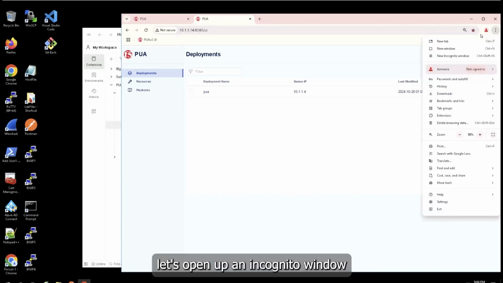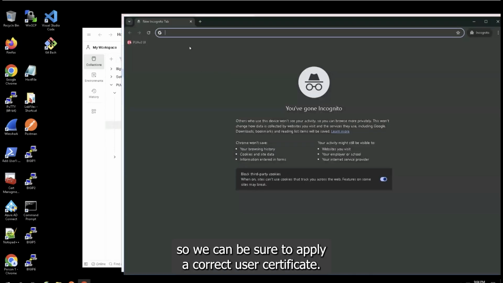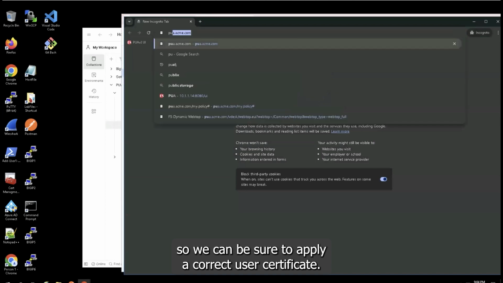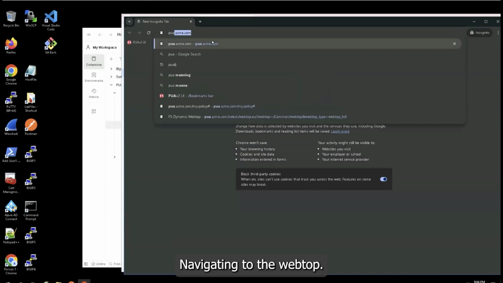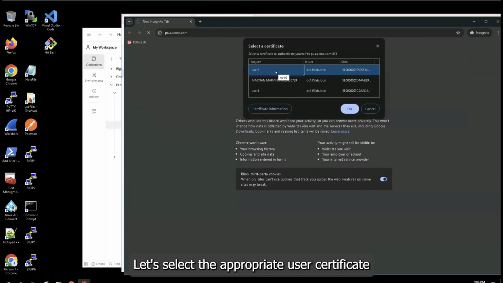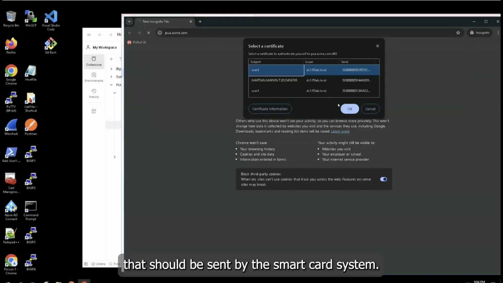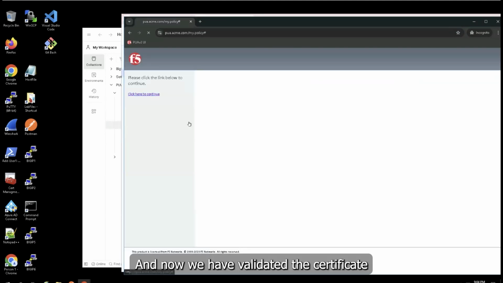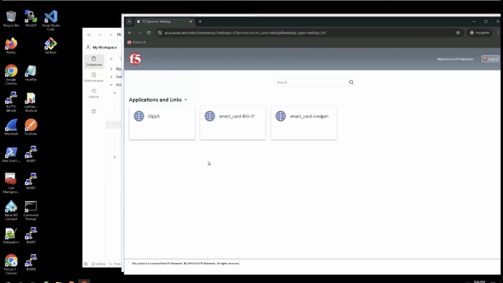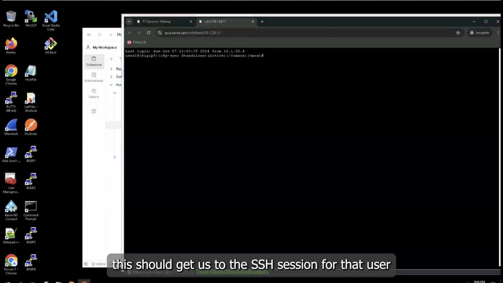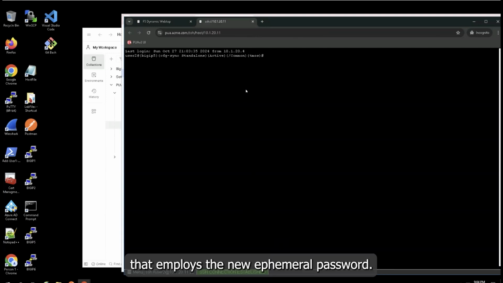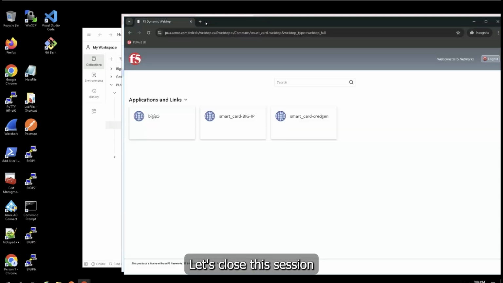Let's open up an incognito window so we can be sure to apply a correct user certificate. Navigating to the webtop, I select the appropriate user certificate that should be sent by the smart card system. And we now have validated the certificate, and this should get us to the SSH session for that user that employs the new ephemeral password. Let's close this session